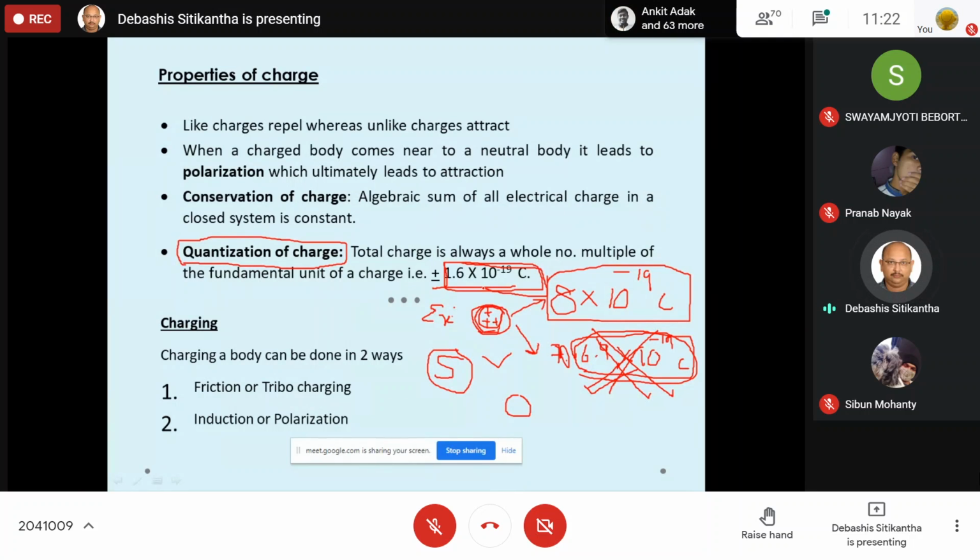So these small questions will come for 2 marks, or maybe in your internals or quizzes, we will put questions like this. Suppose I say that a body is found to have a charge of minus 7.1 into 10 to the minus 19 coulomb. Is the measurement correct? Obviously you have to write it is incorrect. Why? Because this is not a whole number multiple of the fundamental unit of charge. So this is rejected. This type of question will definitely come for your quiz test. I hope everybody has understood it. Now let us move on to the next one.